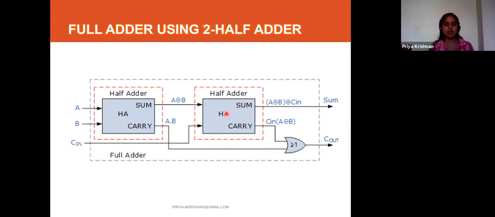And then for this half adder, I'll take the sum as input and one more carry is coming from here. This I'll keep here. So this is now A and B for this half adder. Again it will generate sum and carry. Now we have two carries, one carry from this half adder, one carry from this half adder. So those two carries will be summed, ORed, using an OR gate.